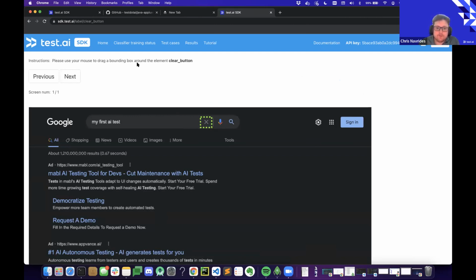How about the translation testing? So again, test AI is very generic. So it doesn't have to worry about what language you're using. It's all kind of image-based. And so it learns things in a more abstract way. Similar to how any of us could probably look at Google in a different language and kind of figure it out, or many applications in many languages, even if you don't speak it, kind of generally get a sense of it. And that's how test AI works as well, using the visual first classifiers.